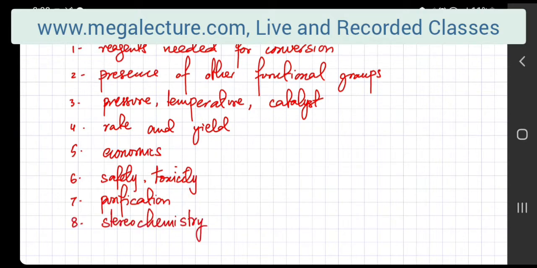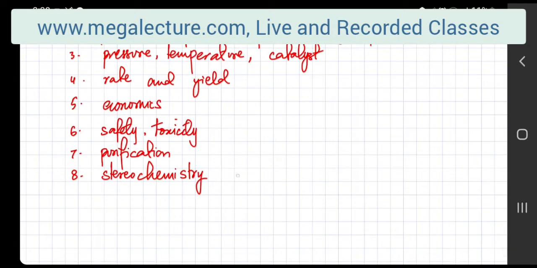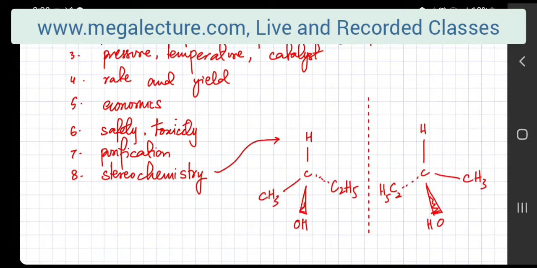And now the very last one is stereochemistry. That's something that we're going to focus on, since a lot of questions would be actually revolving around this last one. So stereochemistry is that when you make a molecule, you might end up with two versions of the molecule, which could be stereoisomers of each other. So here's an example. You might end up with mirrored versions of each other, and especially when you're making molecules,